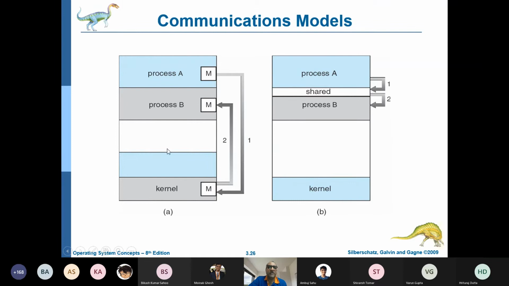And the other one is the message passing scheme. In the message passing scheme, the idea is that we have process A and process B. If they want to communicate, for example, then they make use of the kernel. They make use of the operating system to perform this job. So if process A wants to send a message to process B, it just passes the message to the kernel. The kernel may maintain some queue,